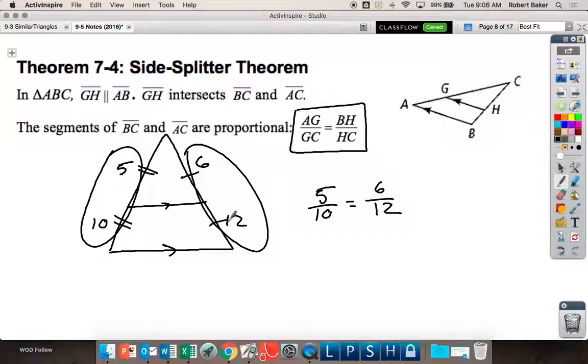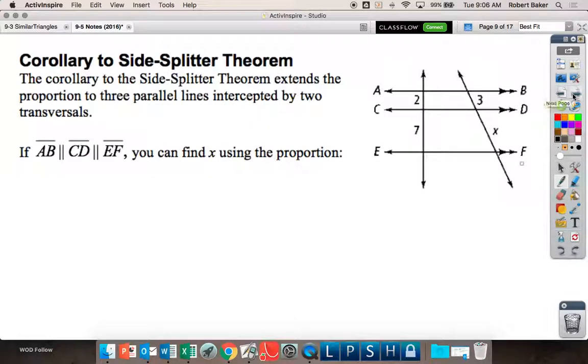Does it kind of make sense? So I'm going to ask you guys today, if you see something like that, say, hey, that's the Side-Splitter Theorem. And then set up your proportion. Alright? And it's just a fancy way to get past another shortcut. Alright, the corollary to the Side-Splitter Theorem